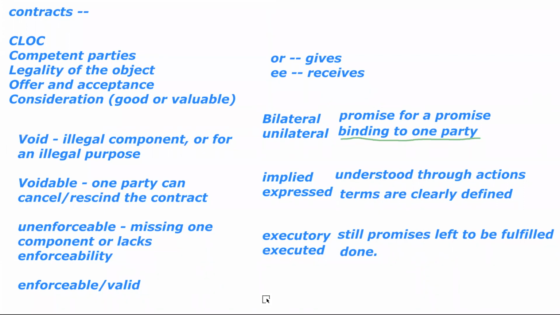An unenforceable contract is not one, here's the kicker, not one that is void, not one that is voidable, okay? So it does not have an illegal component, okay? It does not have a situation that's going to be voidable by one of the parties. So if it falls into one of those categories, okay, not necessarily unenforceable. But an unenforceable contract, basically,